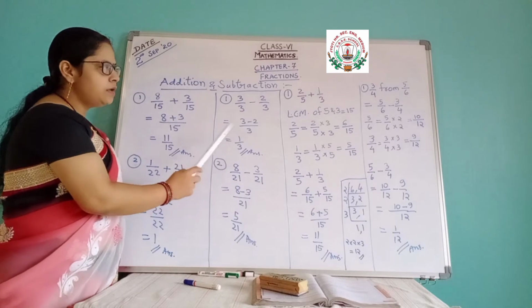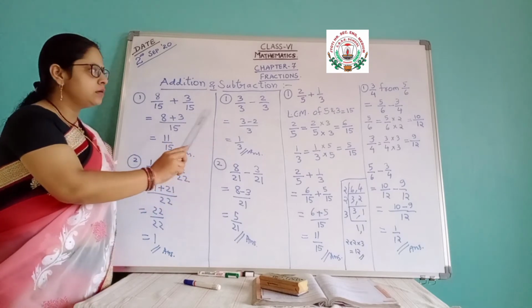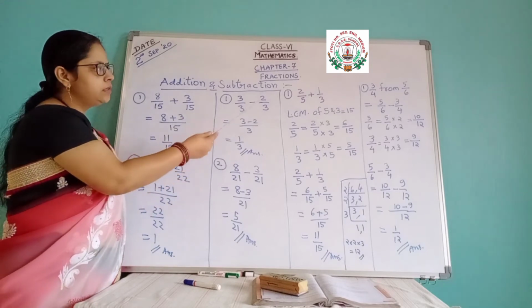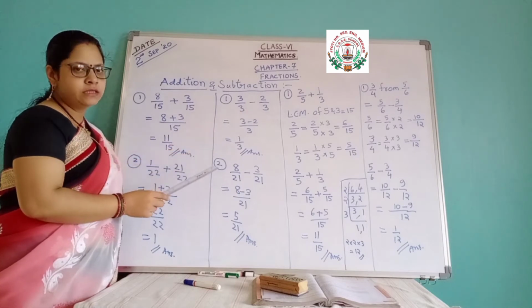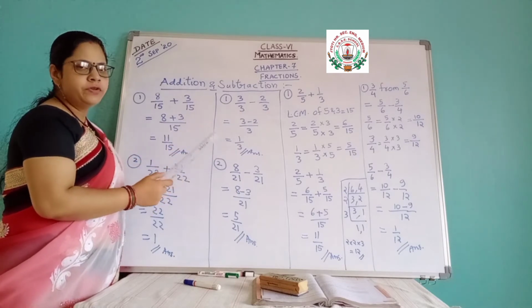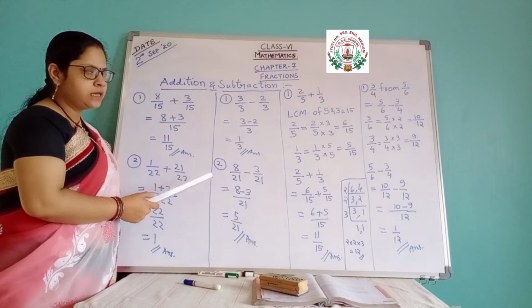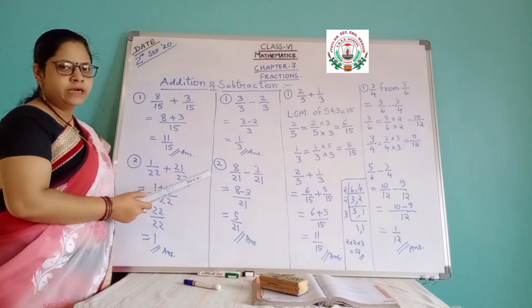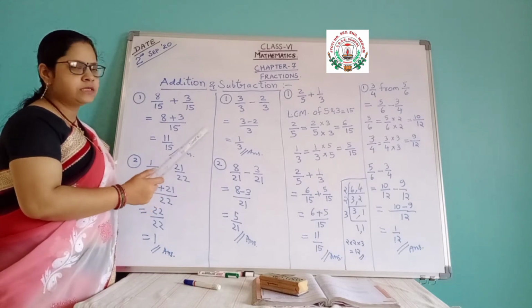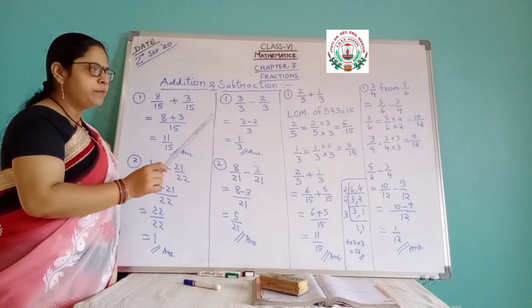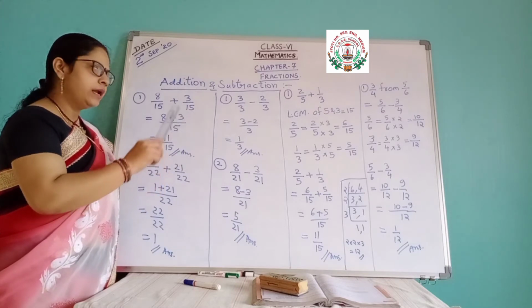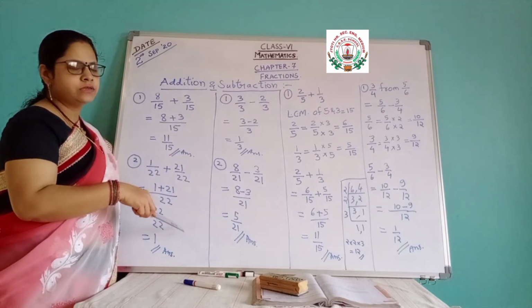If the greater number is written at the back and the smaller number in front, then definitely you will get the answer in negative. So it will be an integer. In the beginning I told you a fraction is not an integer, but the minus sign will come in front, and then you can write down that fraction.